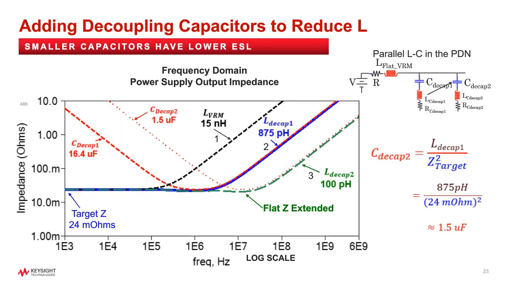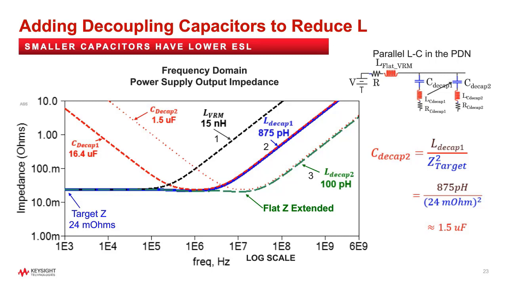Going back to the impedance plot with the series RL model of the VRM, shown in black, we can now see what happens when a non-ideal bulk capacitor is added at the output of the voltage regulator module, or the VRM. The bulk capacitor can only extend the flat impedance as far as the ESR and ESL will allow. Once the bulk capacitor impedance starts looking inductive, another decoupling capacitor is needed with less parasitic inductance. To get a capacitor with lower inductance, the package size and distance to the load is typically reduced.